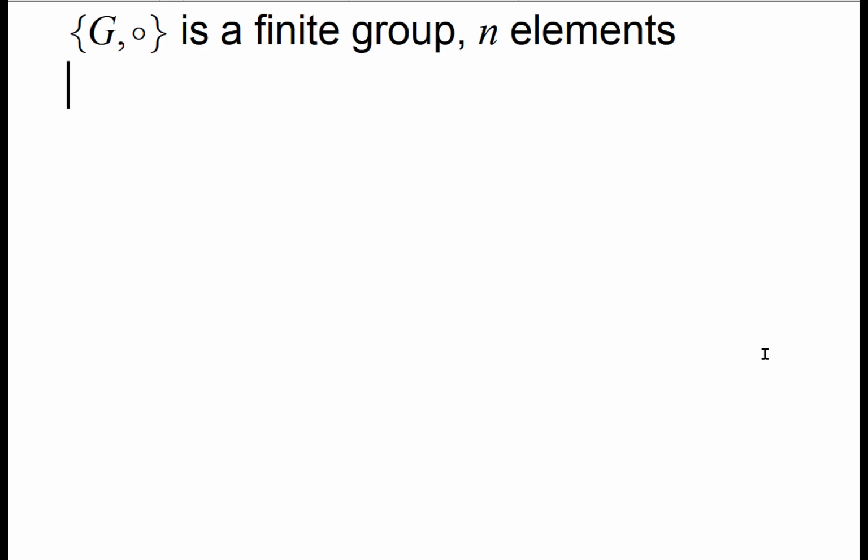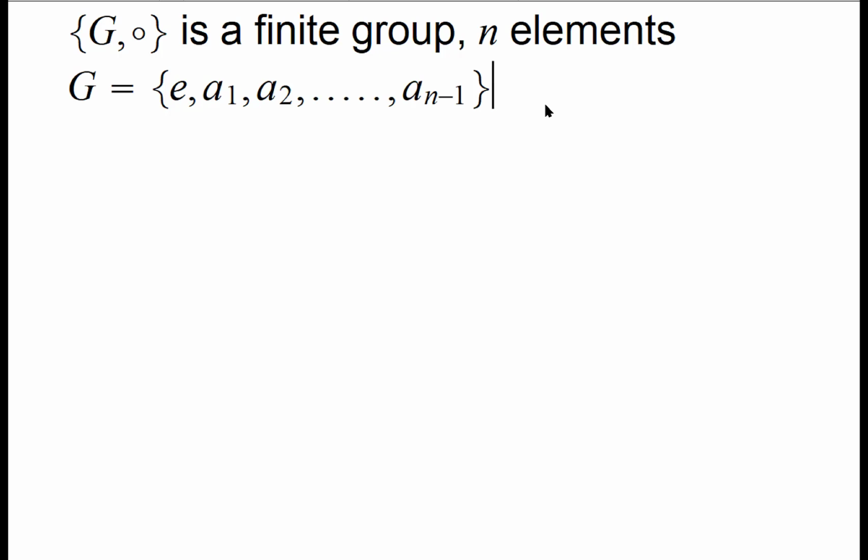But anyways, so we have a finite group G which has n elements, and we can then list the elements. All right. So say we list the elements as, let's write identity separately and then index them like this: A1